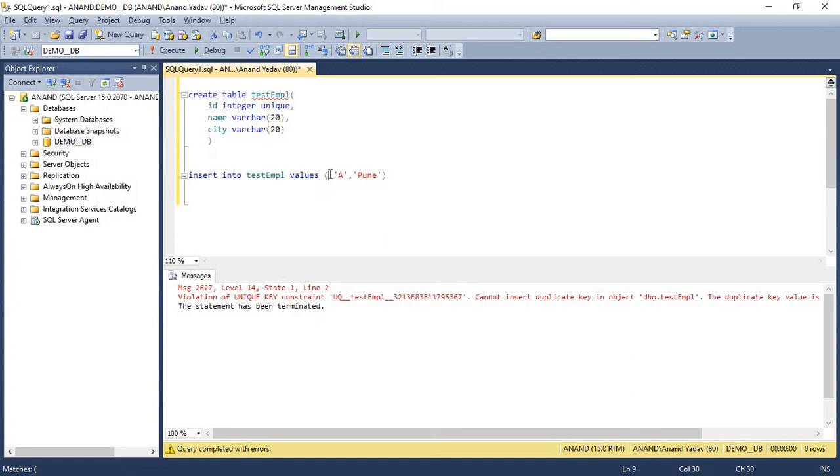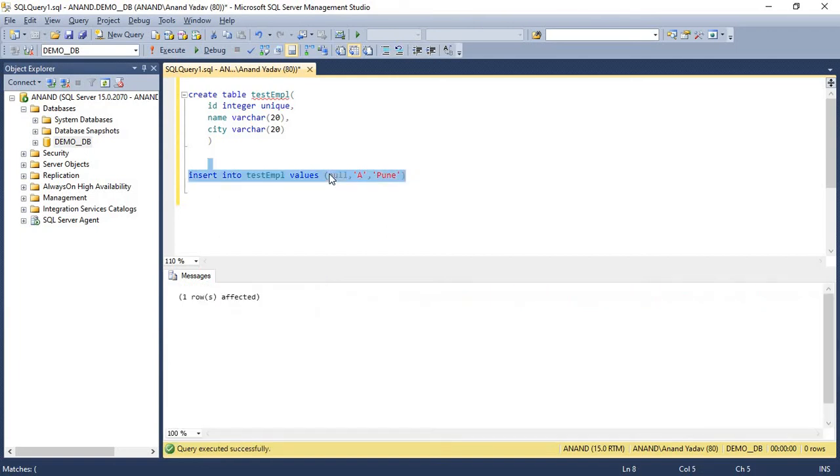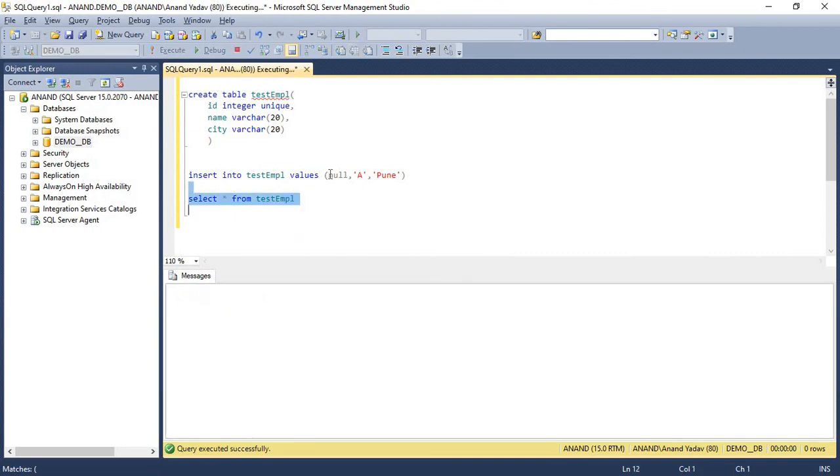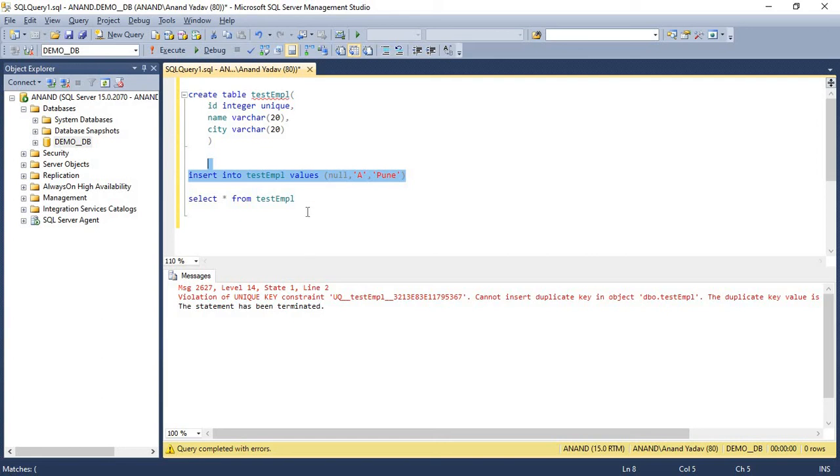Like I told you, it also accepts the null value. So let's fire this query. Yes, you can see that it accepts the null value. Let me quickly project the table that we have created. You can see that we have two records in the table, and as per the definition of unique, both values should be different. That's why it allows the ID null and 1. If you try to insert a second null, it will prompt an error. Yes, here it is.